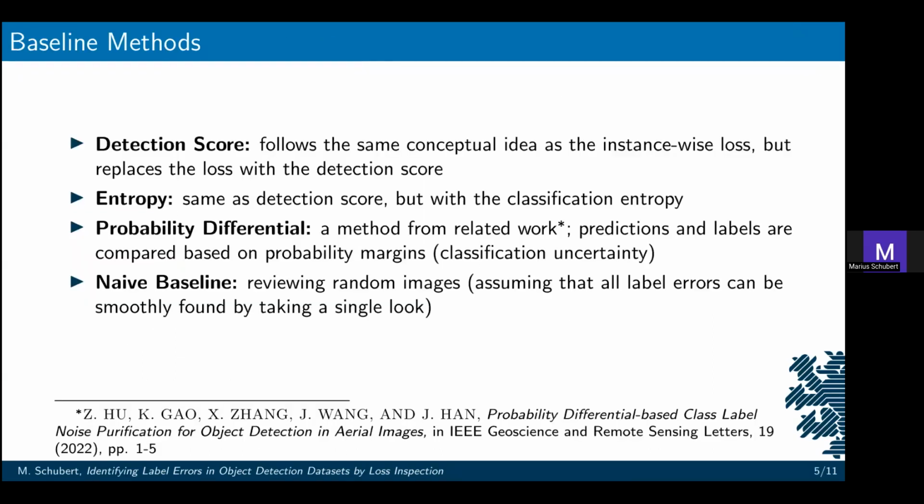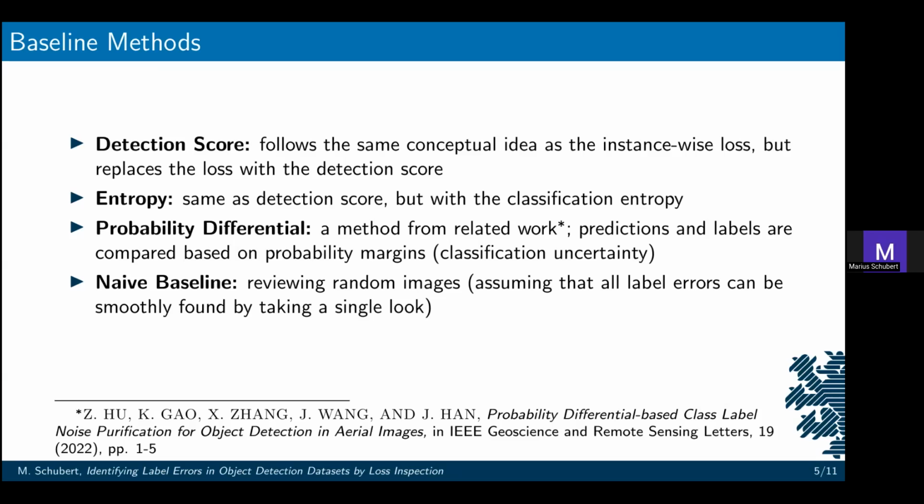All in all, we compare the performance of our method with the performance of 4 different baseline methods. For the first 2, the detection score and the entropy, the unique loss score from our instance-wise loss method is replaced by the detection score or the classification entropy of the respective predictions. Note that only predictive uncertainties are considered, and the predictions themselves are not compared with the potentially noisy labels,